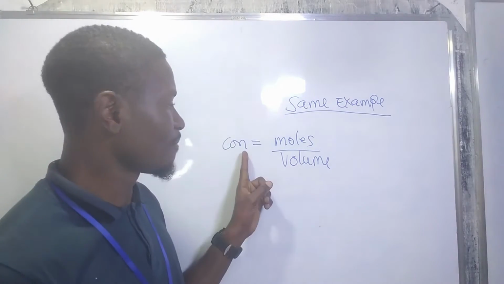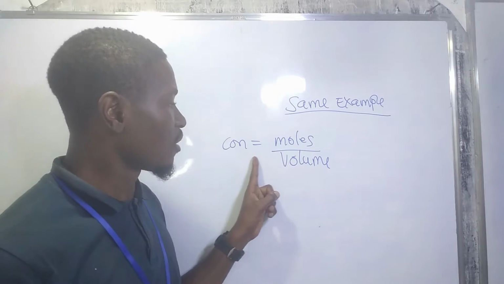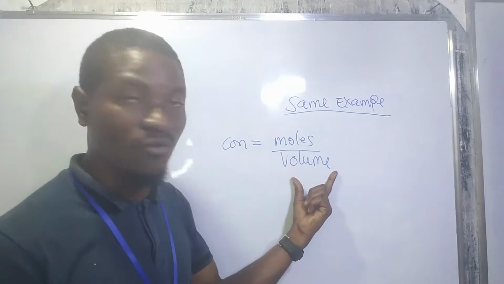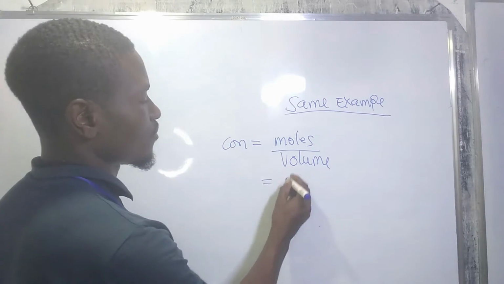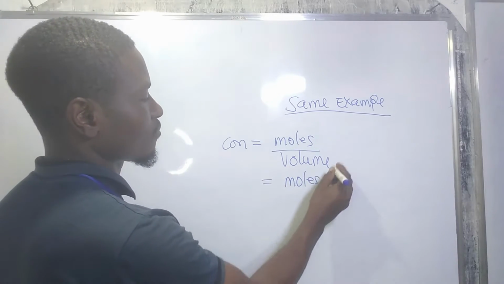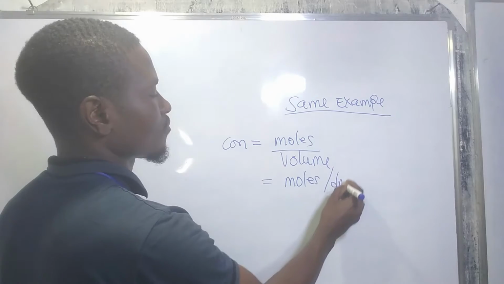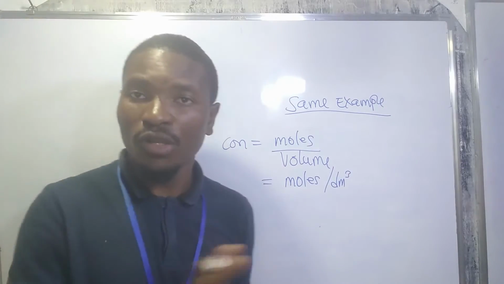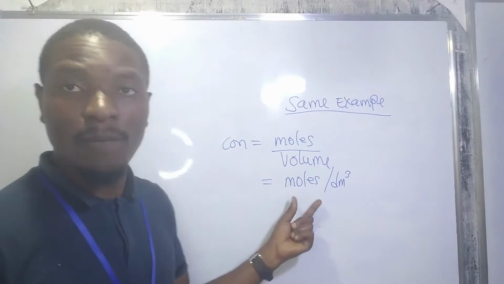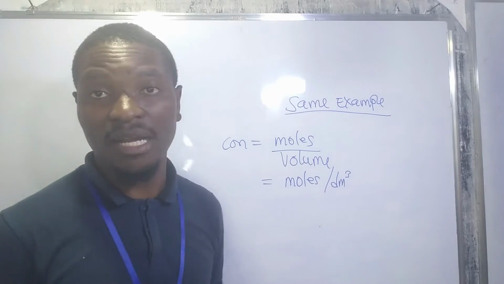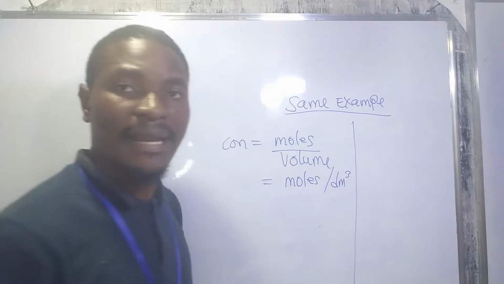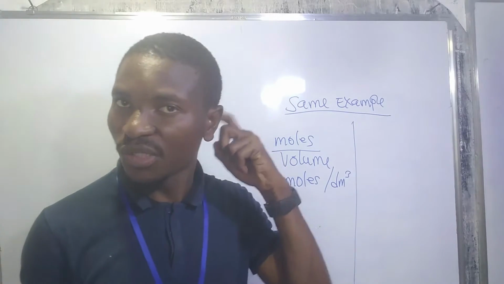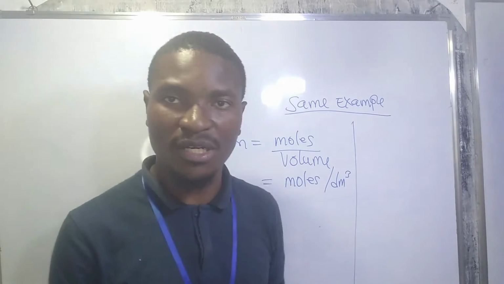So as you can see, the formula changes to concentration equals moles over the volume, okay? So the final units will be moles per decimeter cubed. Now, the first step that we're going to do is for us to understand that